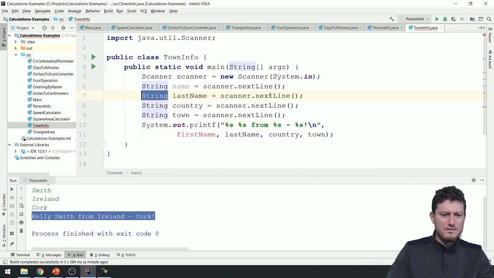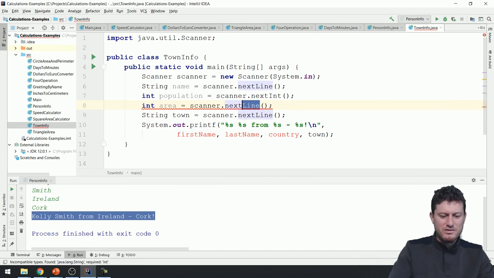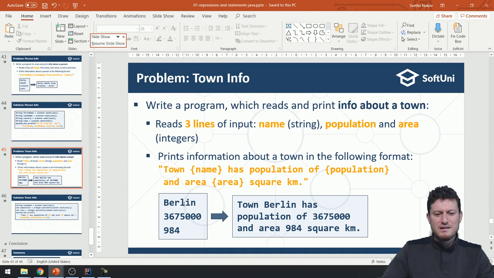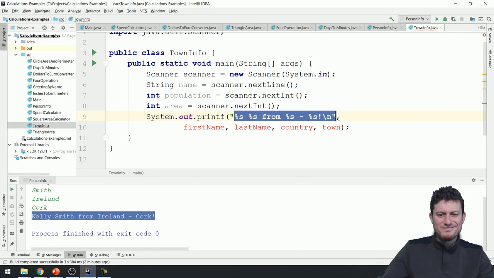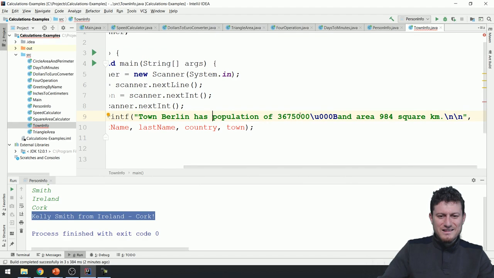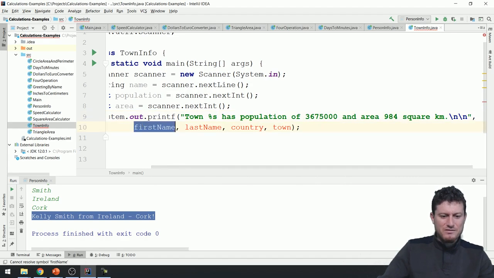Name, next line, population. And if I say next int here, I might get into trouble, but let me check. Area, next int, and I print something like the town Berlin has, oh, I can do this. It's easier. The town Berlin has, copying from PowerPoint doesn't work as well. The town as, which is